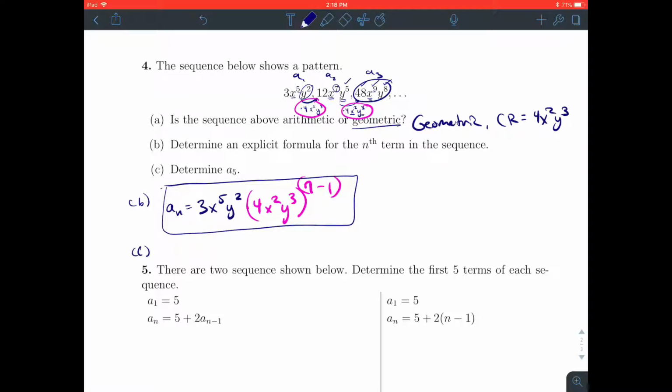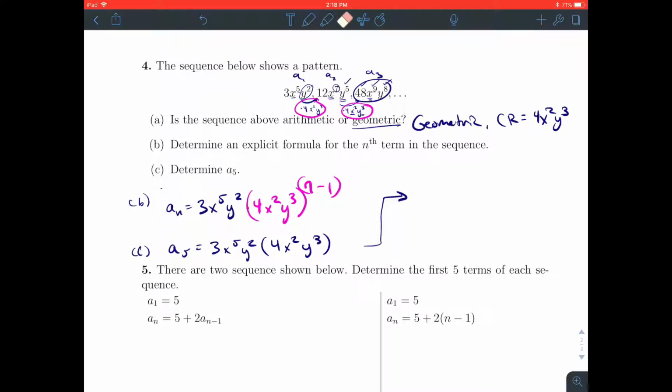Next up for problem C, determine a to the 5th. Oh, why did I ask this problem? Now I have to do it. a to the 5th is equal to 3x to the 5th y squared times 4x squared y cubed to the 5 minus 1th power. 5 minus 1 is 4. So a to the 5th is equal to 3x to the 5th y squared